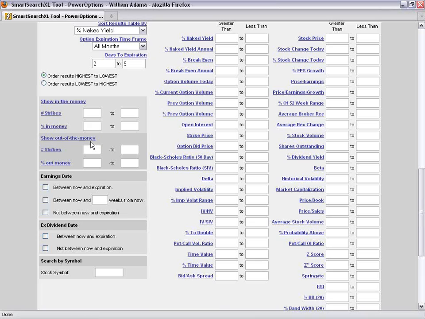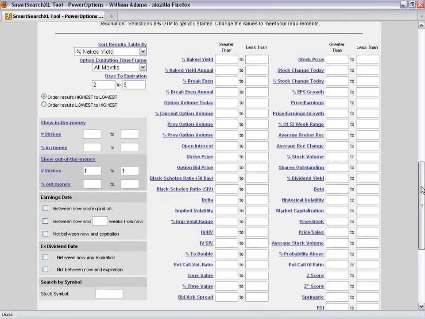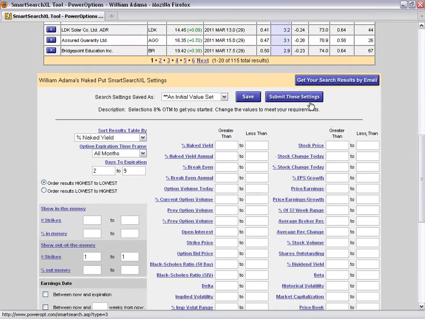I'm going to go into my Show Out of the Money field, and for the number of strikes out of the money, I'm just going to plug in 1 to 1. So we'll only see the out of the money strike for any put options available on securities that offer weekly options. And we are going to use no other criteria. Let's submit that setting and see where we are.